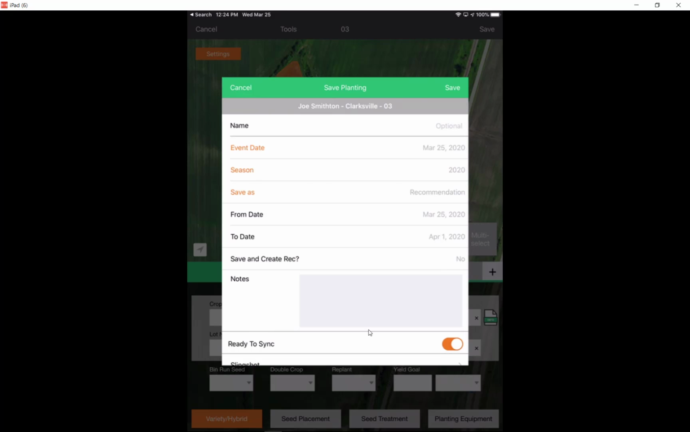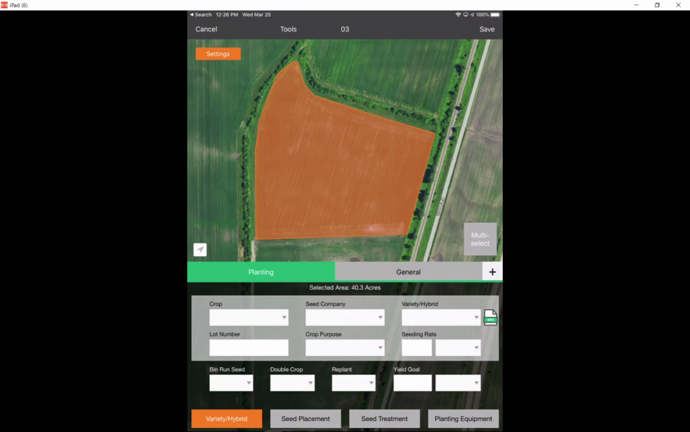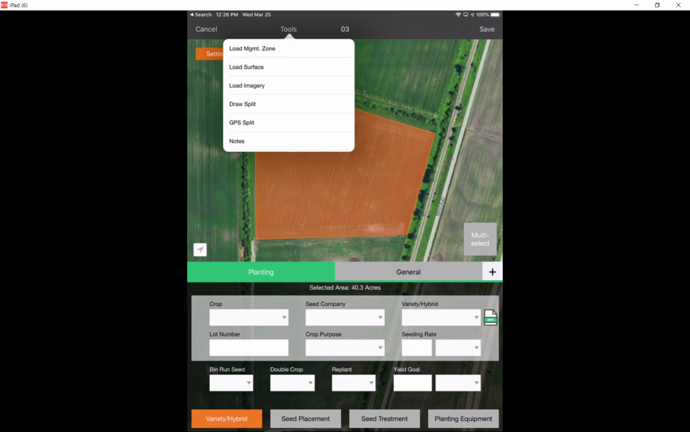And I need to save that as a recommendation if this is going out to a controller, to be sent out to an actual rec to be planted on a field. So I'll save that out. That's one option. Another option is using the planting operation at the field level, but when I do that at this field level, I'm going to come up here to Tools in the top left and click this where it